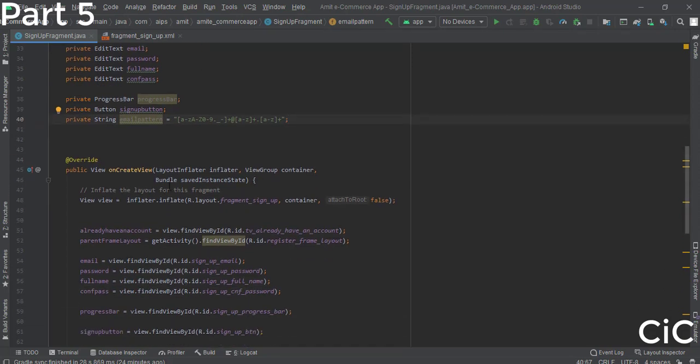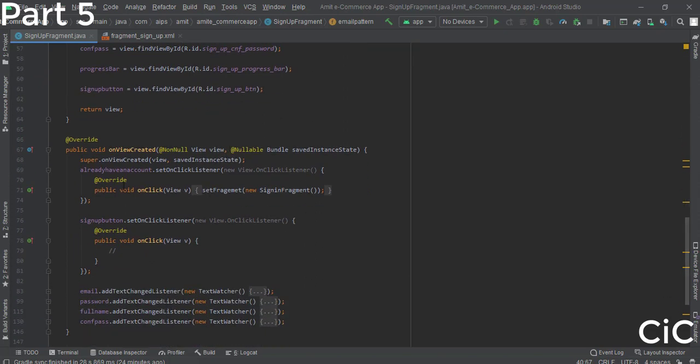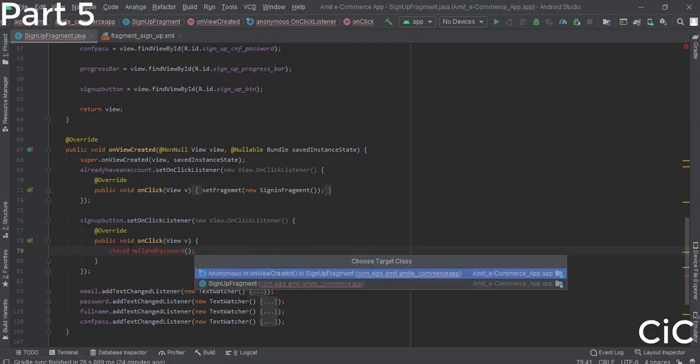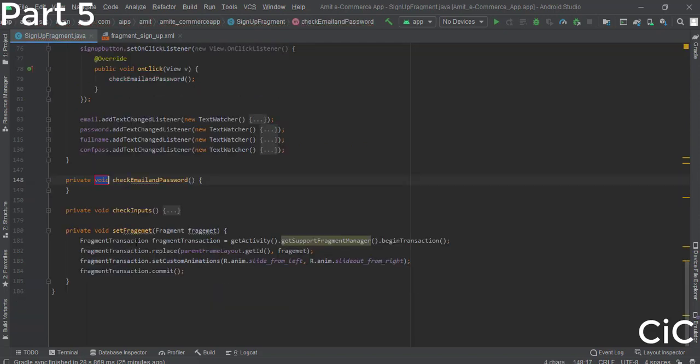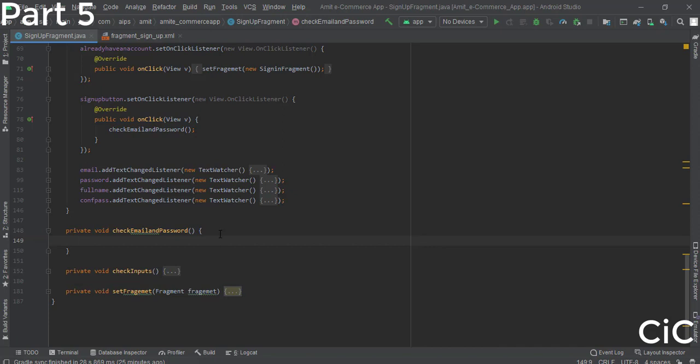Now coming to this onViewCreated, we have put the click listener on the sign up button, so remove this and declare a new method named checkEmailAndPassword. Just go ahead and create this method in the sign up fragment. Alright, now the overall work which we'll do for registering the user will be done in this one.